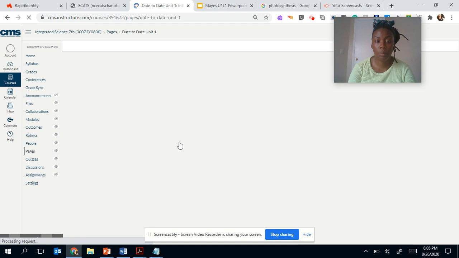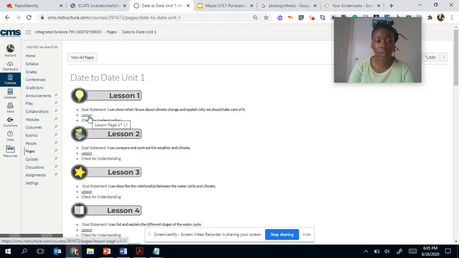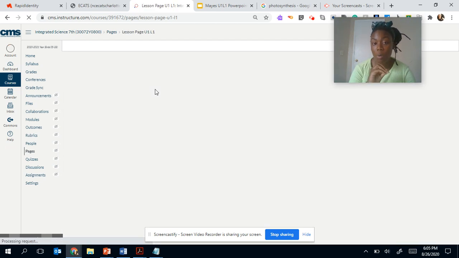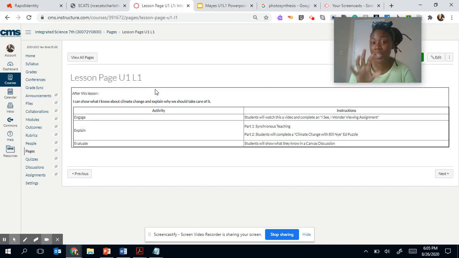So Unit 1, Lesson 1, I can show what I know and explain why we should take care of it. So again, I can show what I know about climate change and I can explain why we should take care of it. Those are the two things that I'm looking for when I'm grading my assignments, that you're showing what you know and that you're explaining why we should take care to prevent climate